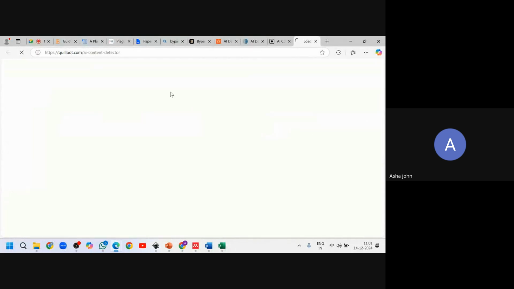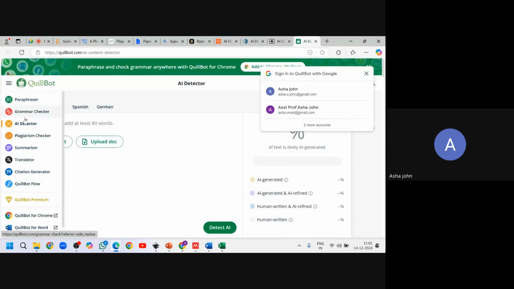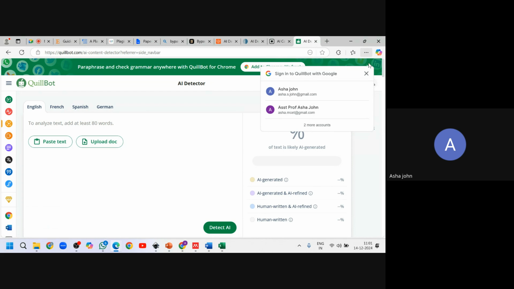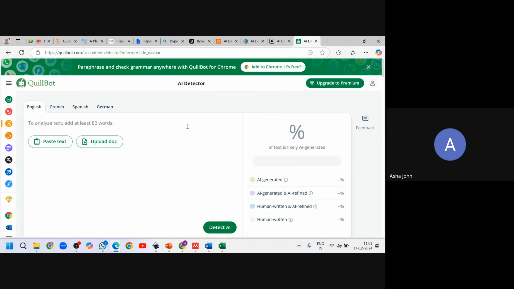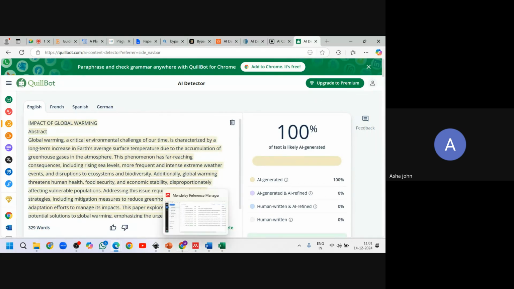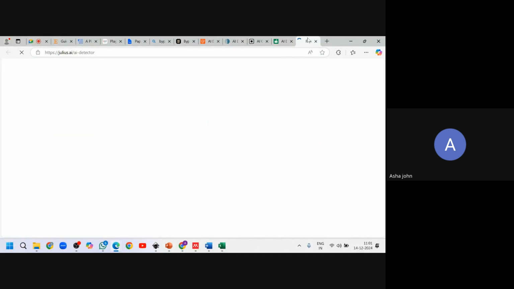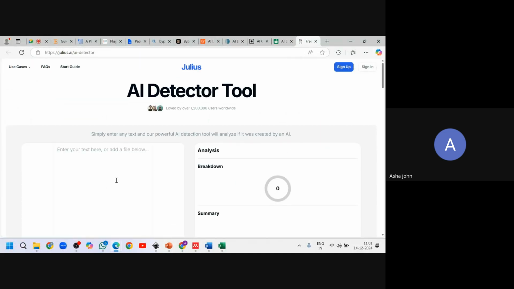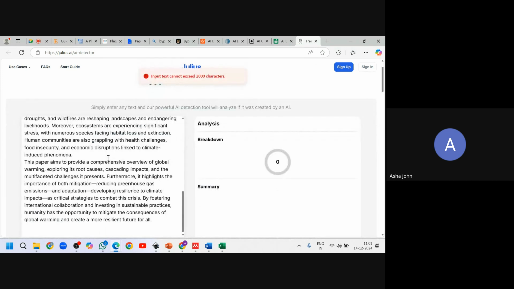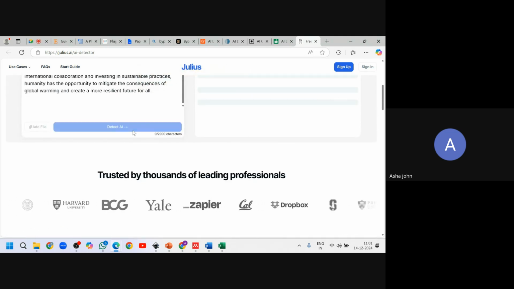Quillbot also has an AI detector. It also detects AI, 100% AI. Julius. Okay, cannot detect more than 2000 words.